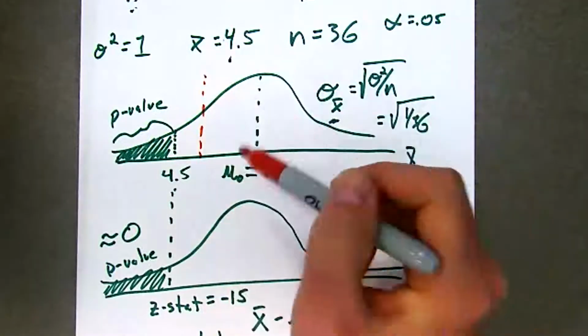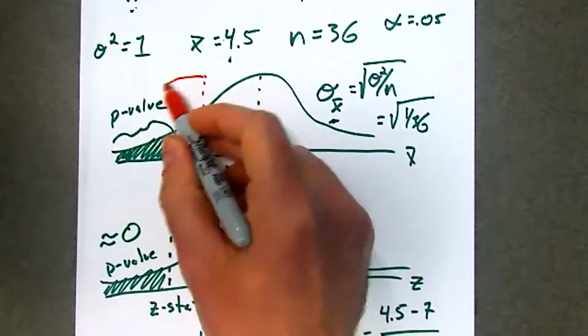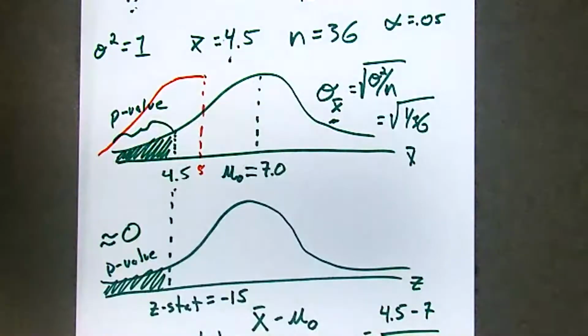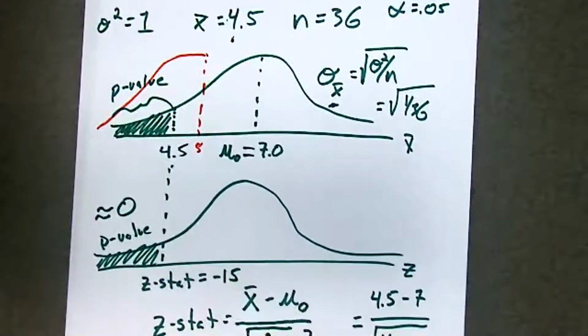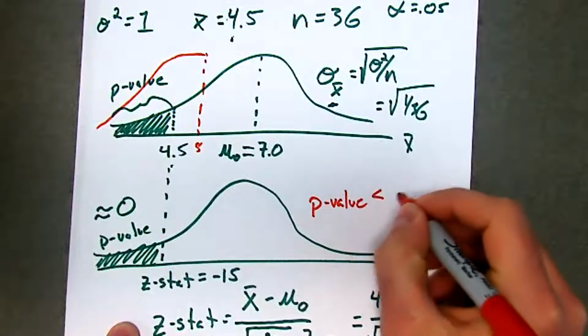So let's say I assume that the mean is greater than or equal to, I don't know, 5. Well, then I'd end up with a p-value that's a lot higher, and I probably wouldn't reject the null, right? But given the scenario we have, if the p-value is 0, and we only reject when that p-value is less than alpha,